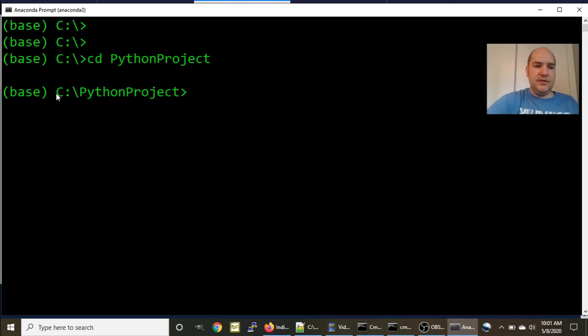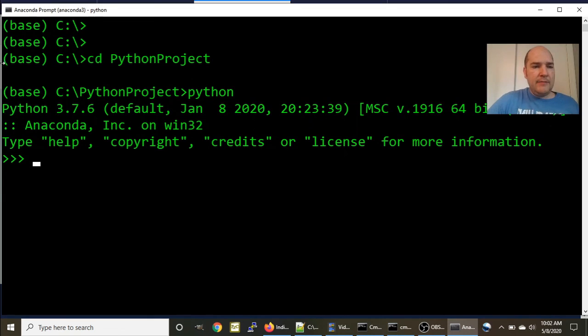And so in this case, now you see that it says base over here. And the reason it says base is because it's activated this version of Python. So if I type Python here, I'm now running Python 3.7.6, which is a different version. And you can see here it says Anaconda. So I'm now running the Anaconda installation of Python instead of the base distribution, which I have downloaded and installed in another section on my machine. So you can see I can run these two things independently,